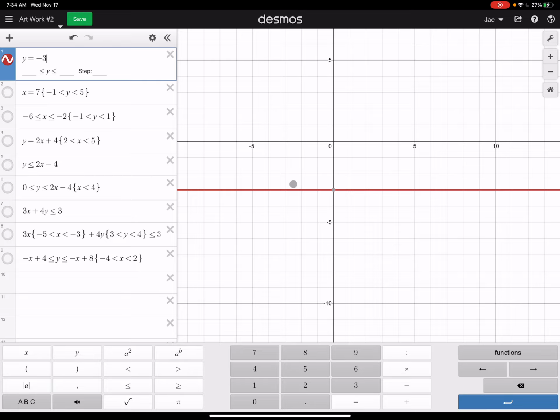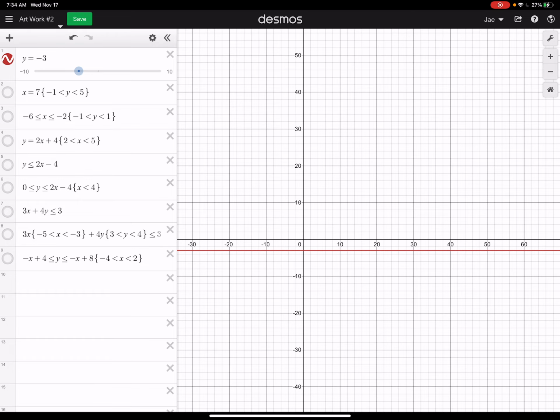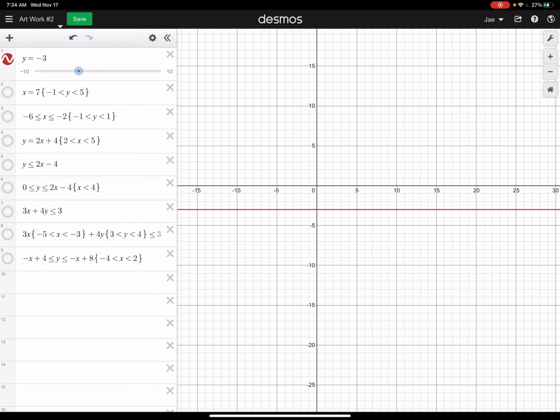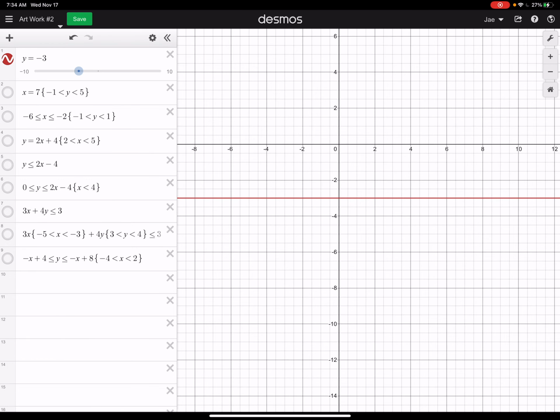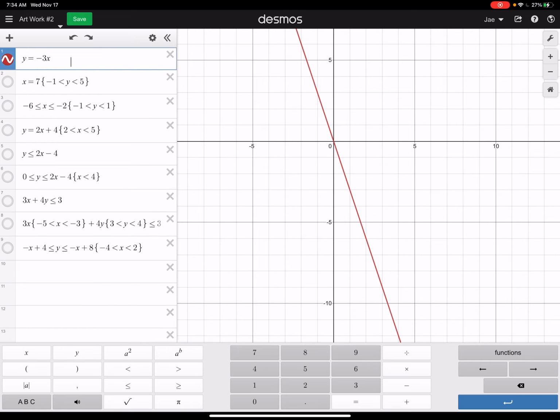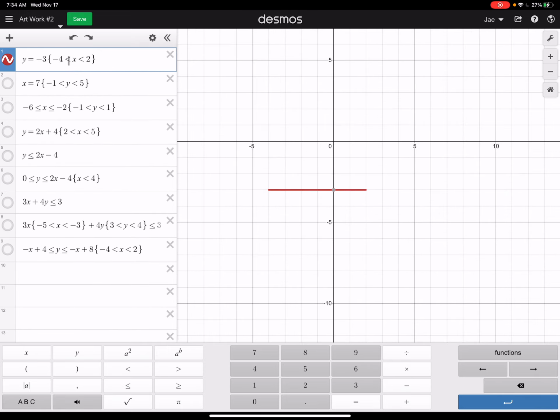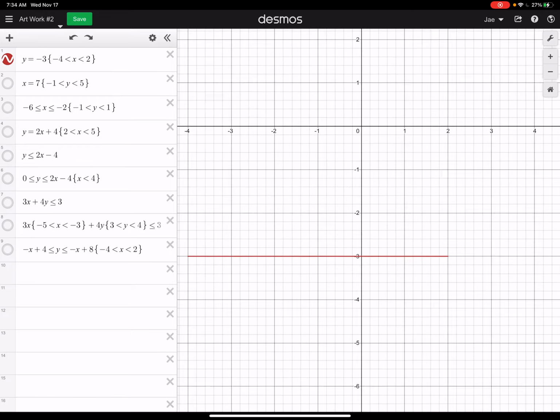But for your drawing, you don't necessarily need a line that's infinitely long, like here it keeps going forever. Maybe you don't need a line that long. You just want a line to a certain extent. So if I go back, let's just say I want a line from -4 to +2. So if you look over here, it goes from -4